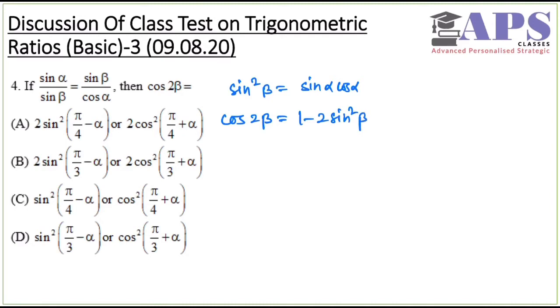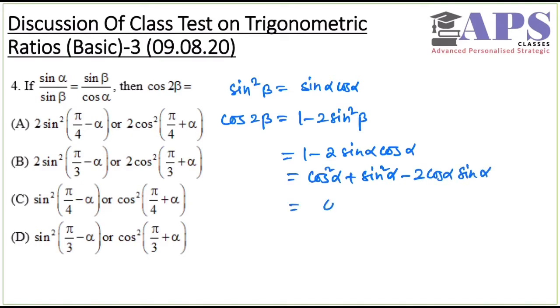So in place of this I can write 1 minus 2 sine alpha cos alpha, and that is 1 minus sine 2 alpha. But in the option it is not like that, so I will write it as cos square alpha plus sine square alpha in place of 1 minus 2 cos alpha sine alpha, which is nothing but cos alpha minus sine alpha whole square, or you can even write it as sine alpha minus cos alpha whole square,